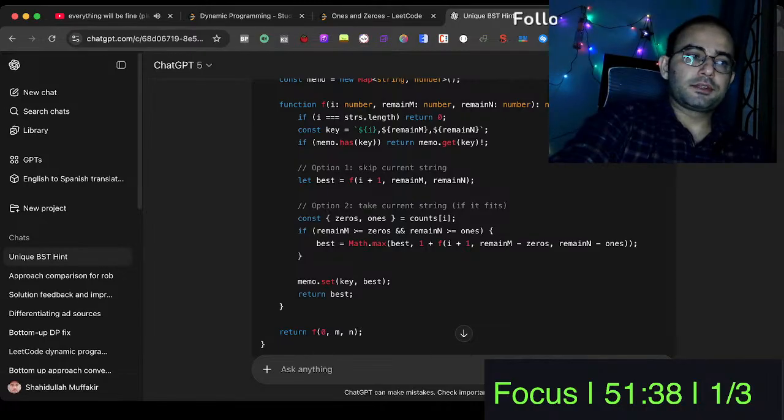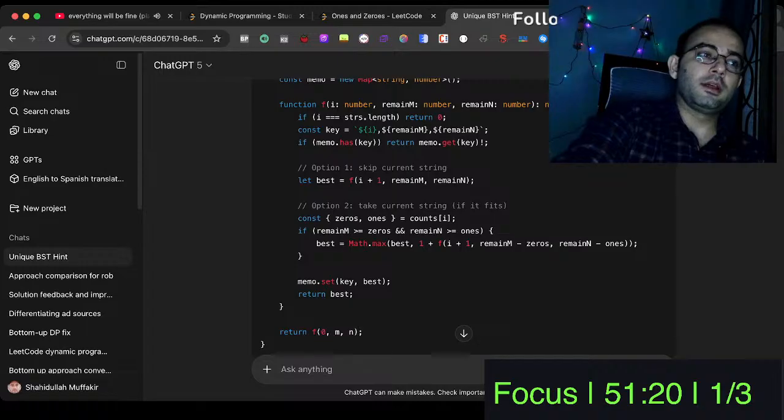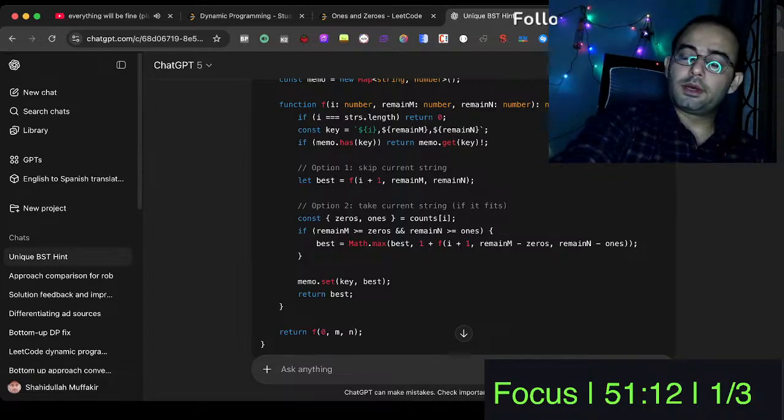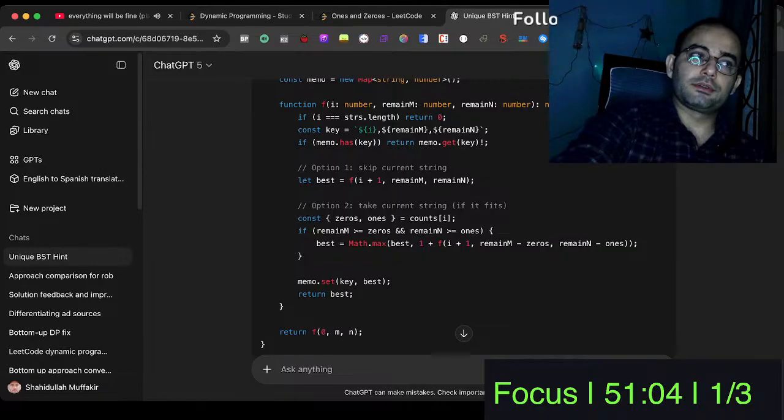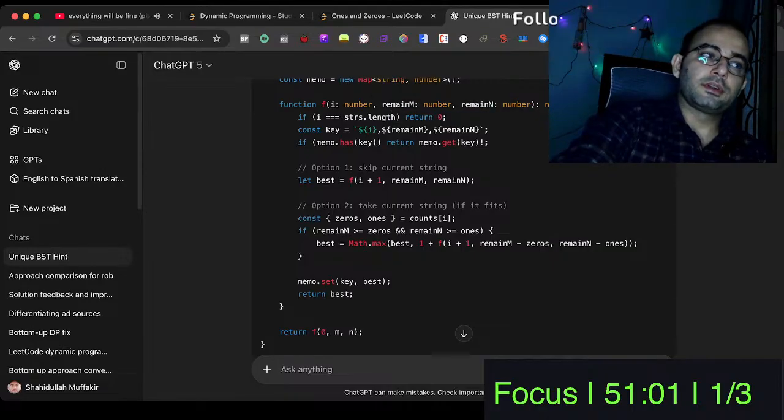We contain the current string, but we can only take this one if it satisfies this condition. It means the number of zeros contained in this current string, or the current element of the array, are lesser than or equal to the number of 0s and 1s left in this position. That's why we are